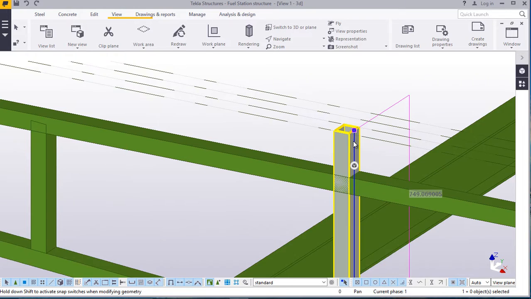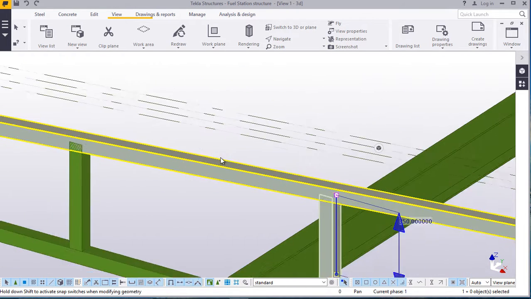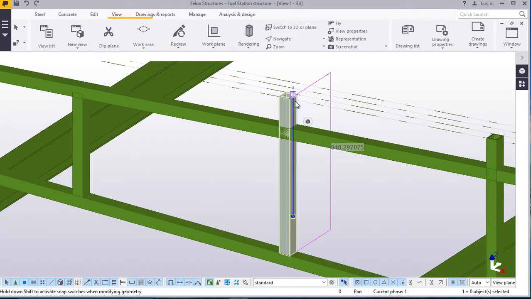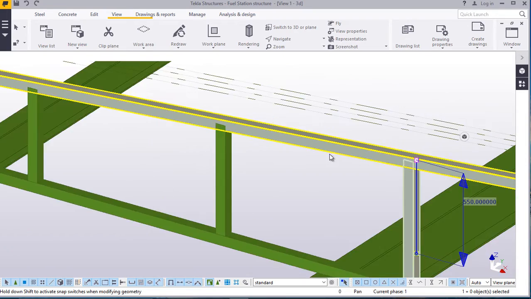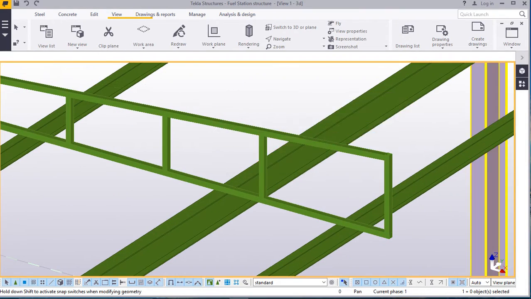Same here, like that. Drag this down here, like that. Refresh,